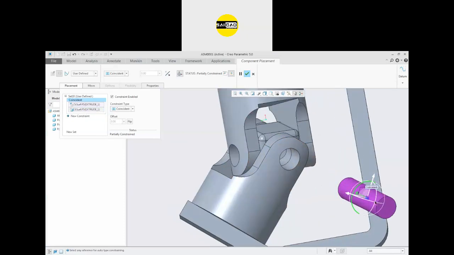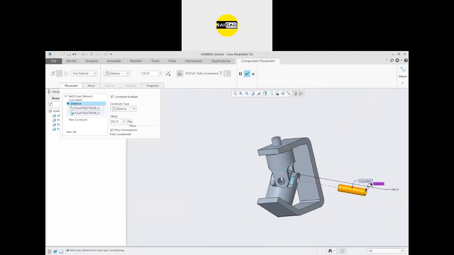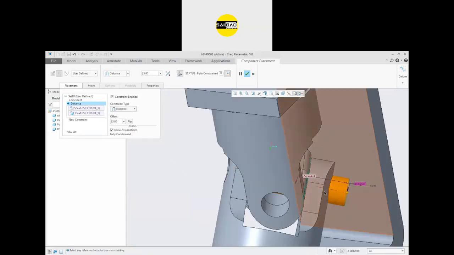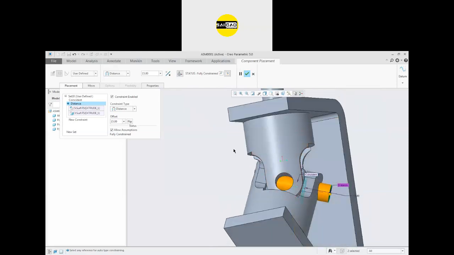After that, just select the plane to plane, or you can just select the face to face also, that I want this face and this face at some relation, that is distance. So you can specify the value from here also. So I'm going to specify 15 somewhere here. You can see there is a value from that point. So define the constant, or if you want to define the distance, you should know the distance. You have to calculate the distance accordingly. You can just move it like that also.